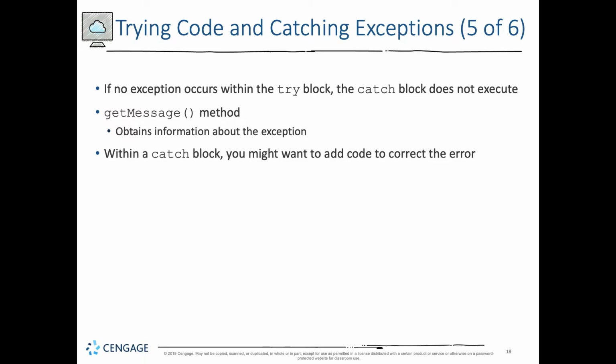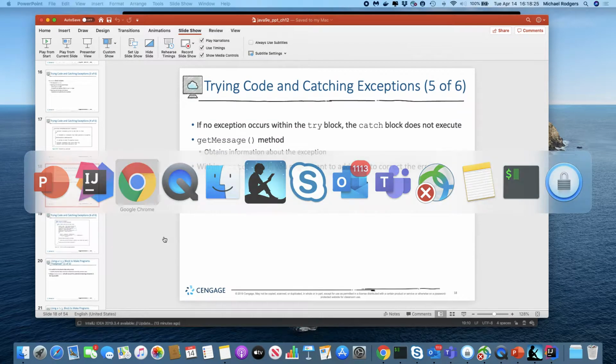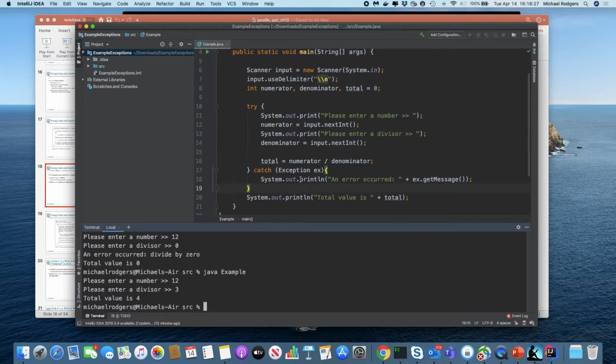Now, I just demonstrated the getMessage method. This obtains information about the exception. It's always a good idea to use this to put it in the logs to catch what was going on. Within the catch block, you might want to add other code to correct the error, right? So think about it from this stance. We have the catch block. What other code could we put in here? Well, maybe we could say something like